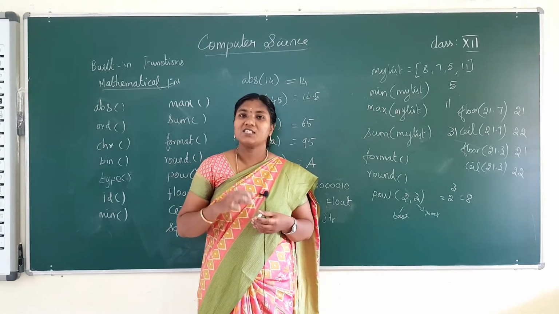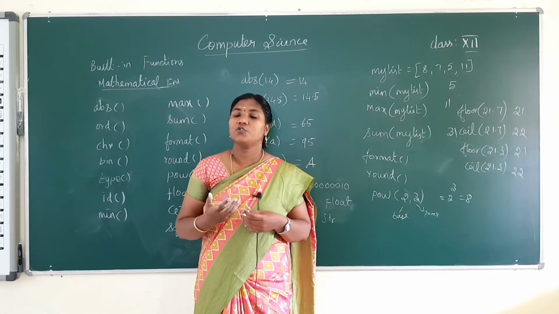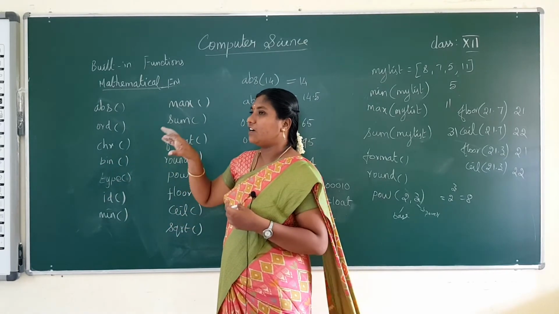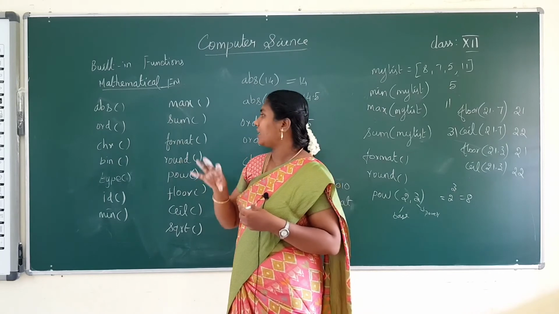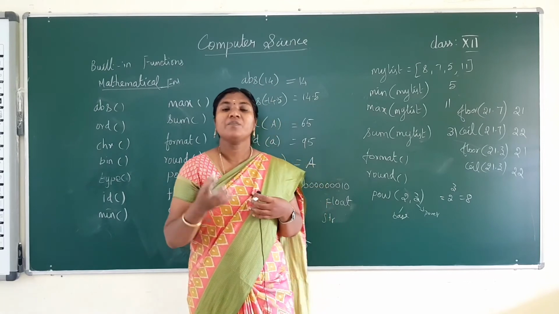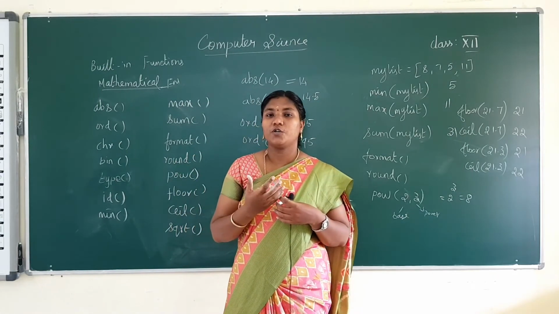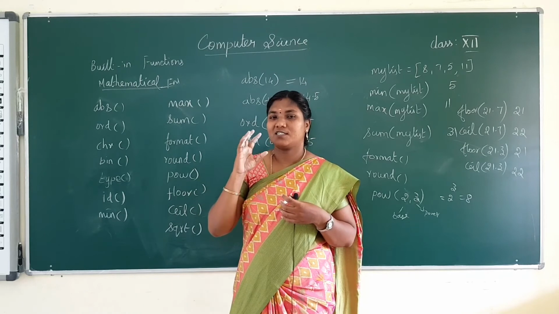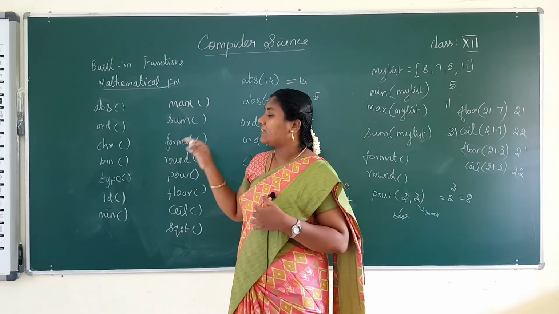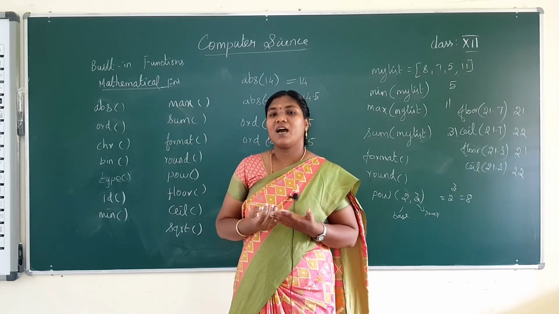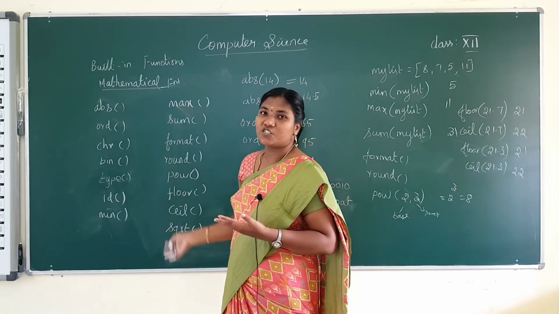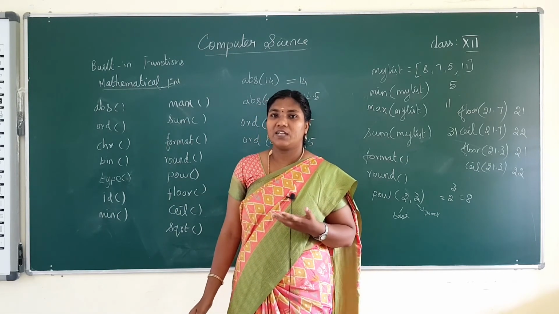Okay. So, when you are asked to write about the built-in functions, they may ask you to explain particular functions. They may specify five functions, such as round, power, square root, chr, like that, and ask you to explain those specified five functions. If they ask a question like that, you have to explain those particular functions. Sometimes they may ask you to explain any 5 built-in functions. At that time, you can choose any 5 functions and give the answer.